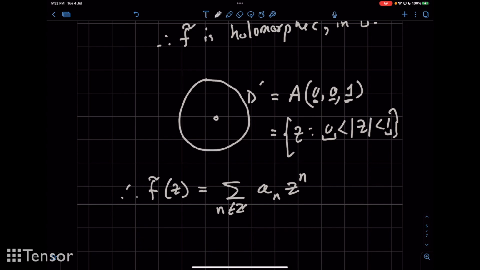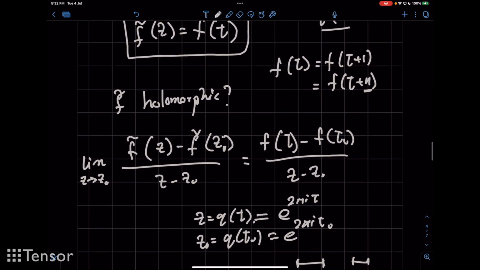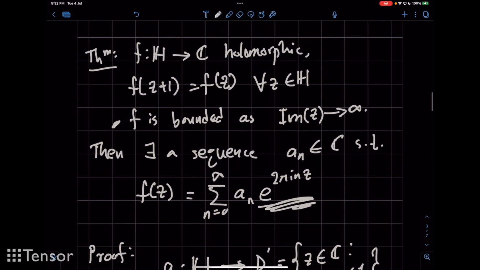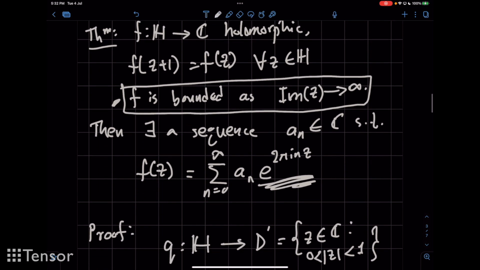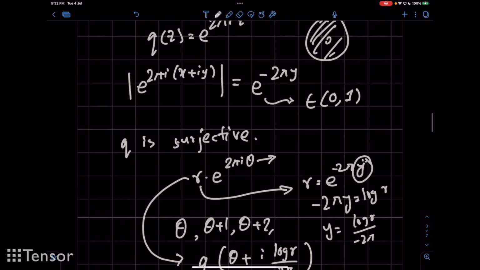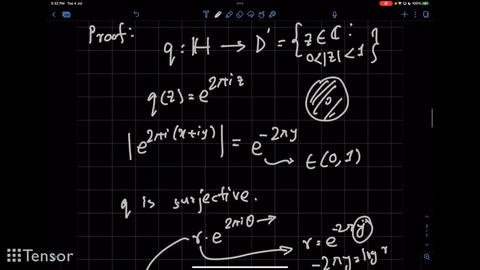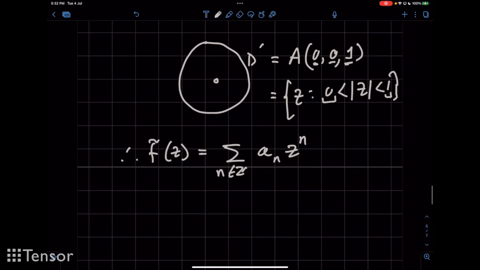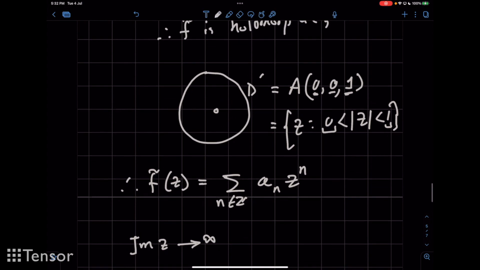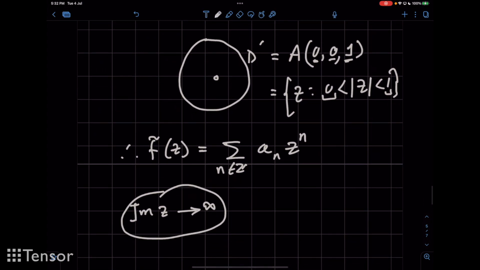Okay. Now we are going to pull up the last card. So the last card is this one. f is bounded as the imaginary part of z goes to infinity. So imaginary part of z goes to infinity. So my claim is that those points correspond to this origin. Okay, why is that? Because